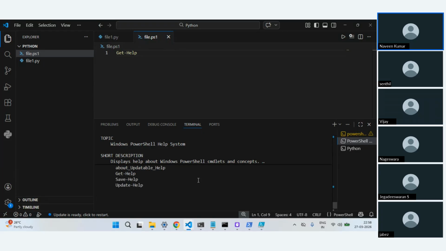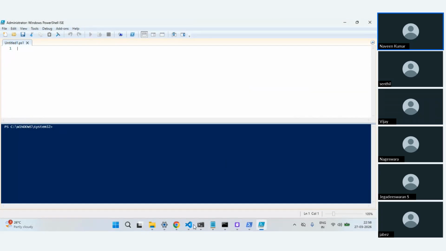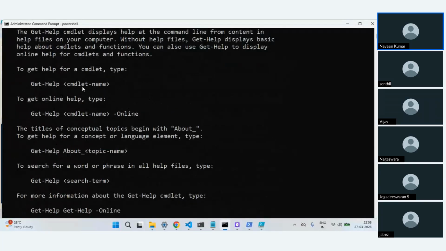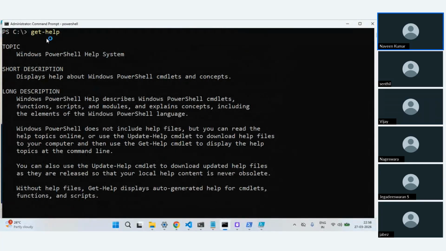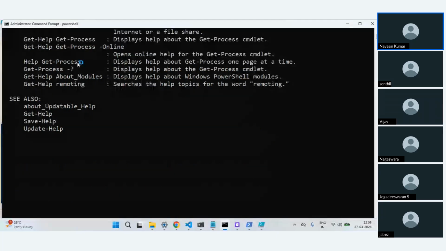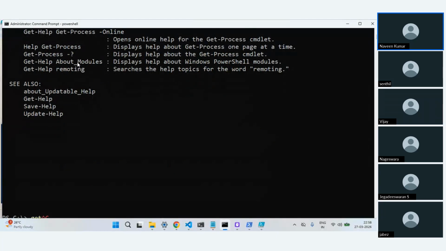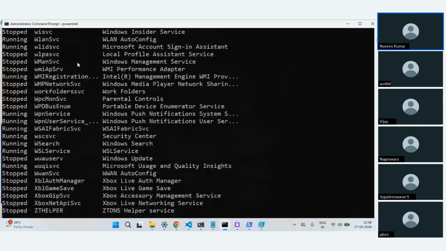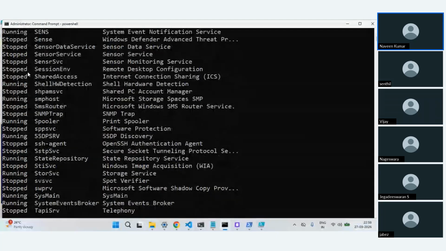It's actually opening, and since it's opening a huge content, we are not able to see it in that window. But what I can do is convert this CMD to a PowerShell window, and I can do Get-Help and run. So with this, it is printing. All your PowerShell cmdlets will be like Get-Help, or if I want to do Get-Service, let me type Get-Service. Like this, it's going to print the service details.